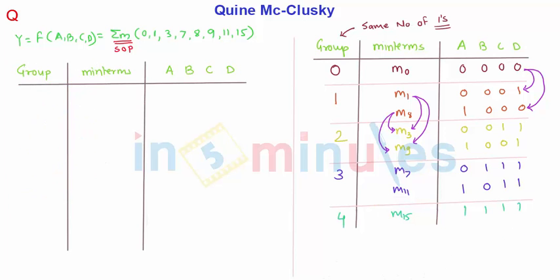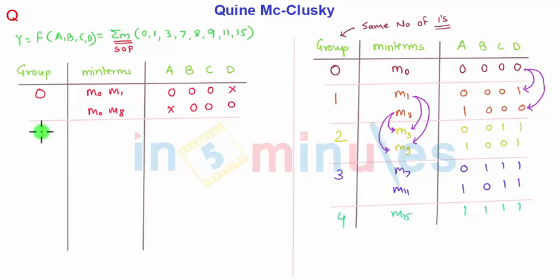Let us start with the very first group, that is group number 0. I am going to compare group number 0 in the earlier session with group number 1, and the same group number I will write here as 0. So M0 compared with M1. In M0 and M1, only the last bit D is variable. All the 3 bits are common, so 0 0 0, and this bit is variable, so I will put a don't care, a dash there. And comparing M0 with M8, the A bit is different and BCD is 0 0 0, so it will be don't care 0 0 0. So this is about the first group.